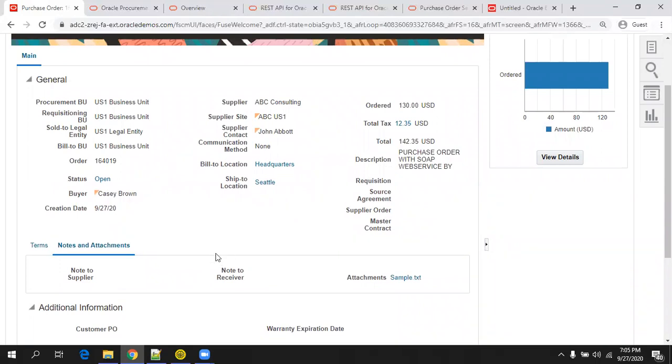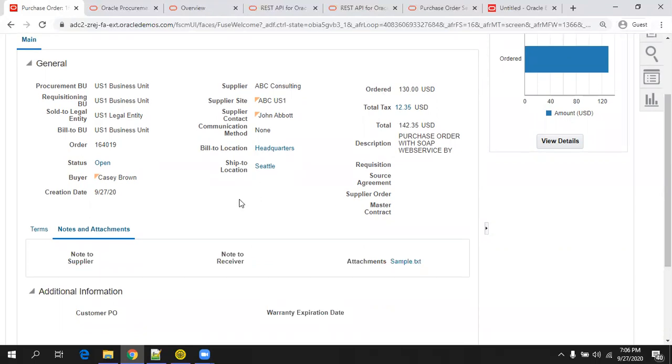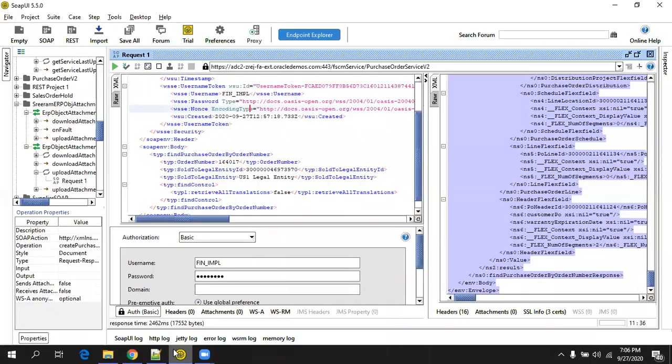The basic thing you can do is just create the purchase order in the UI. You can just click on Home, Procurement, and once you navigate to the purchase order screen, you can create a purchase order and fetch the purchase order. In my case here, I'll show you one example of how I perform the fetch operation.